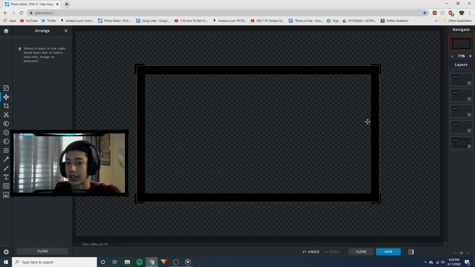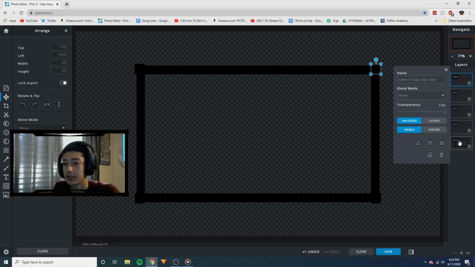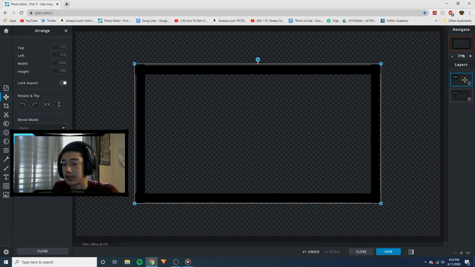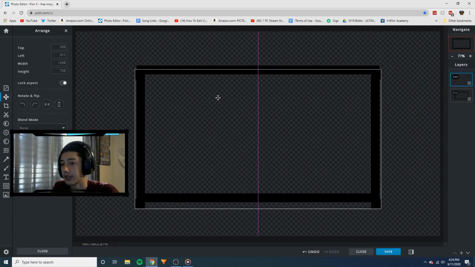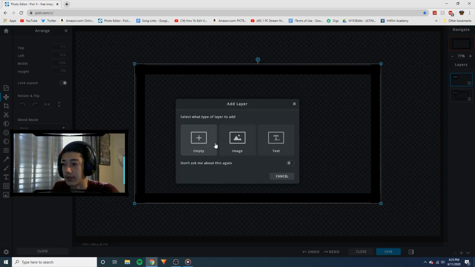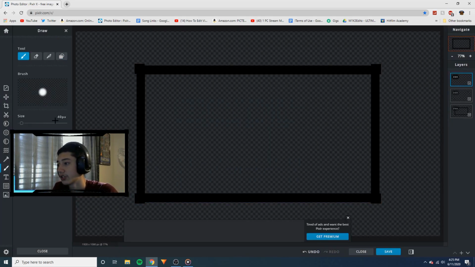Alright, so now that you got that done, you want to right click on all of these and then just merge down until it's just all one layer. So now look, all of these squares are the same together, and then you want to create a new empty layer, and then go back to your draw tool, make sure the size is at 40 here,